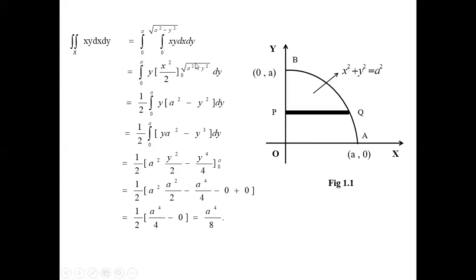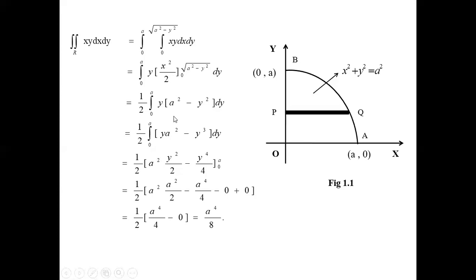Then when you put the upper limit and lower limit, y is a constant, then the upper limit root will get cancelled, becomes equal to a square minus y square. This is 1 by 2 taken outside. Then the lower limit is equal to 0, so this lower limit we have not shown here, automatically that becomes equal to 0. So therefore you are having y as it is, and this becomes a square minus y square into dy. Then you want to integrate this with respect to y.